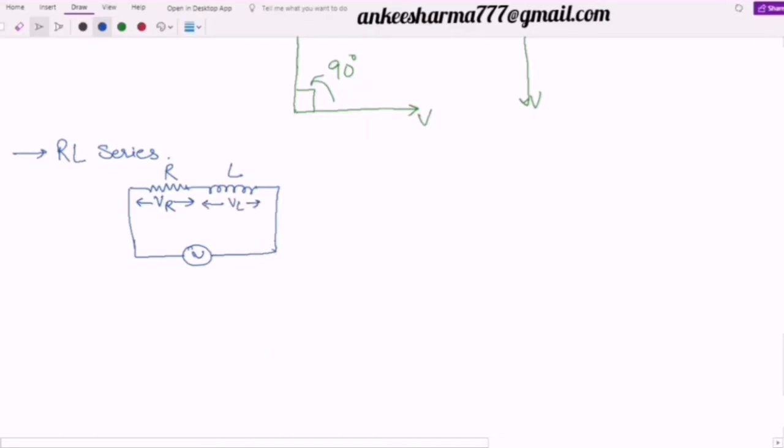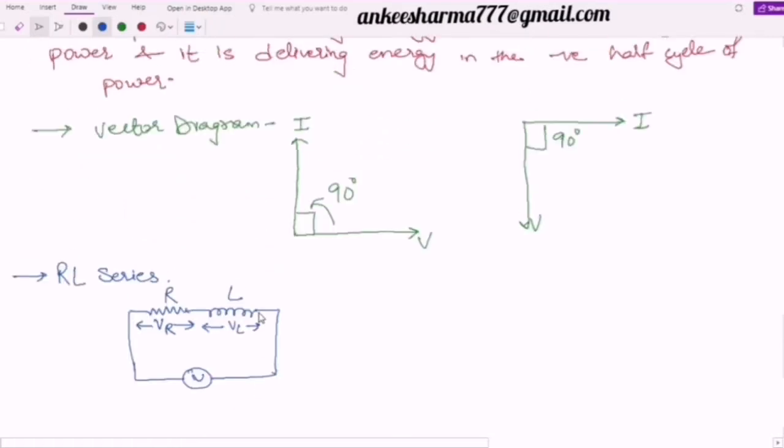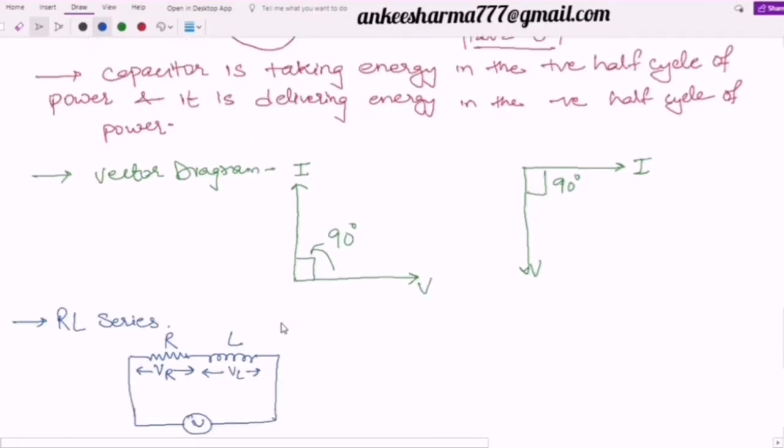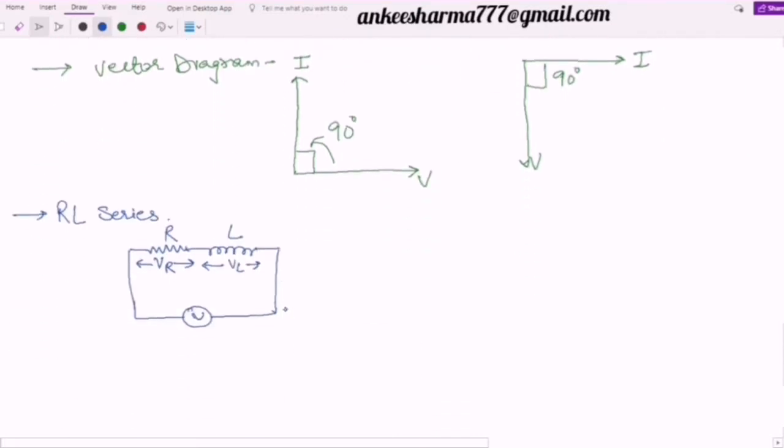One thing I have left here before moving into this RLC part: let me take up the concept of the J operator also. I have not discussed this J operator. So what is this J operator? We always see the imaginary term denoted in mathematics as i, but we don't take i because i is used for the current, that's why we use J.